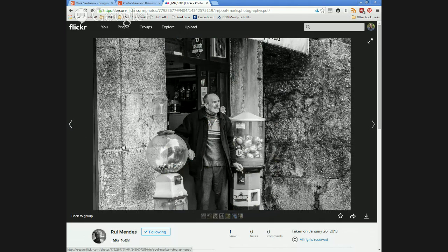The same village. If you notice, top right corner, that's the stair. Right up here, that's actually the wall. Cool. I like it better in black and white. I think it definitely looks a lot better in black and white than it would in color. He's got a great expression. Very. I don't know if he's sneering or...